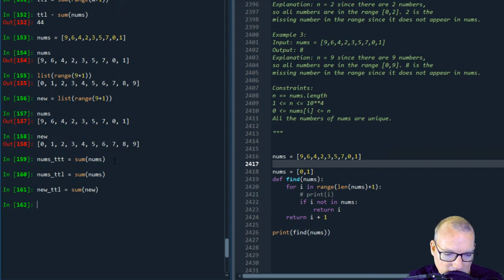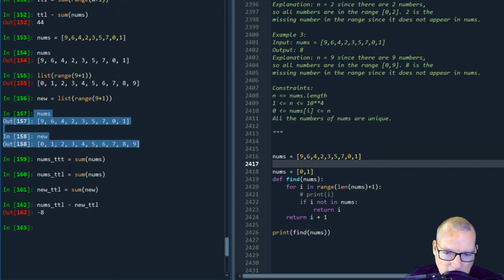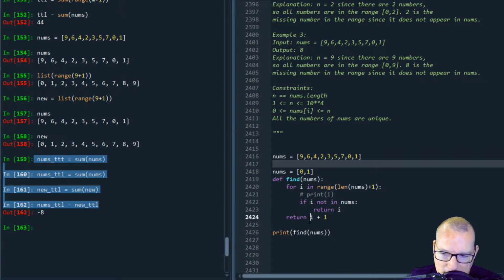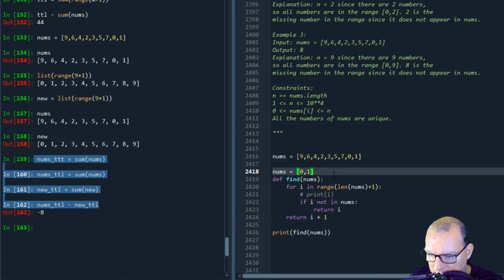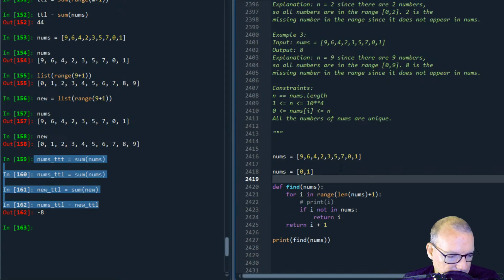Interesting. All right, so now here's the difference. Nums total minus new total gets my 8. So this technique will work to find a missing integer. Now we need to design an algorithm to find